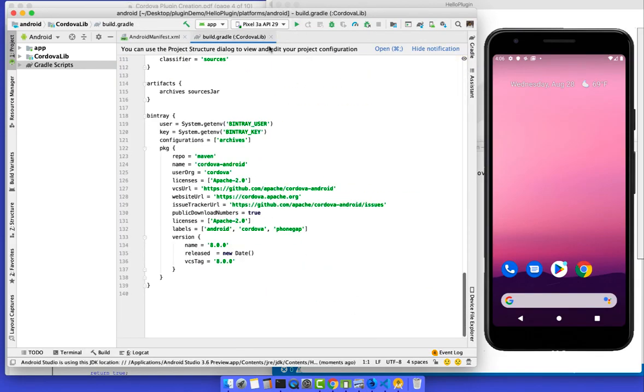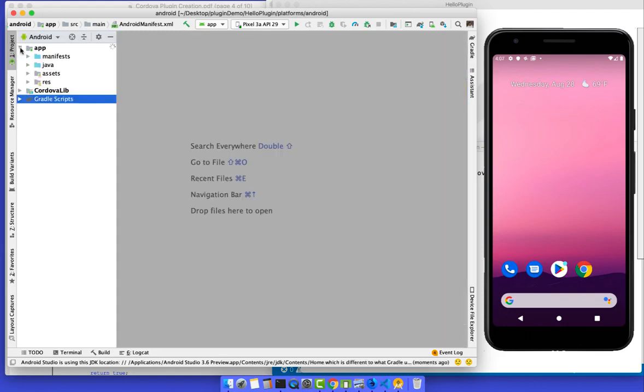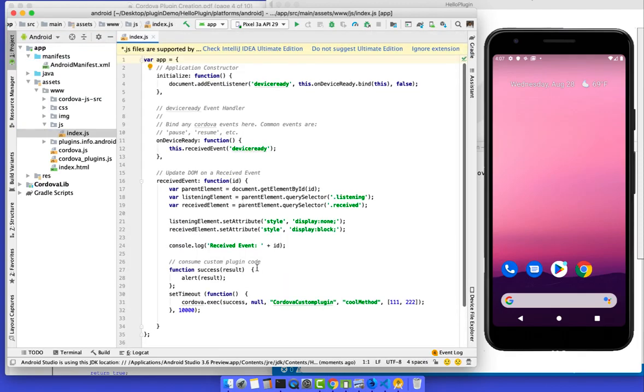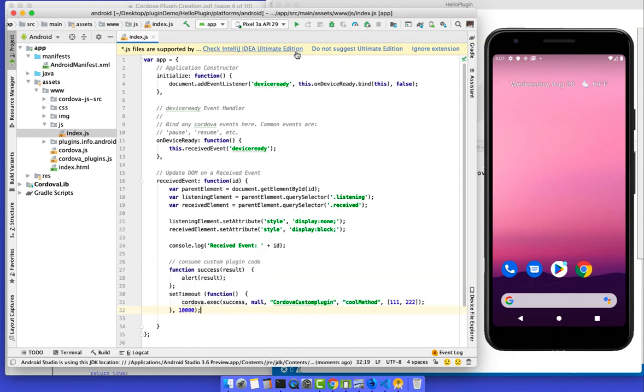Okay, so this is our application. Basically here we have the manifest file, and then here we have the assets folder where we can see our JavaScript file, the JS file. This is the thing that we have implemented, right? So now I will run this application.